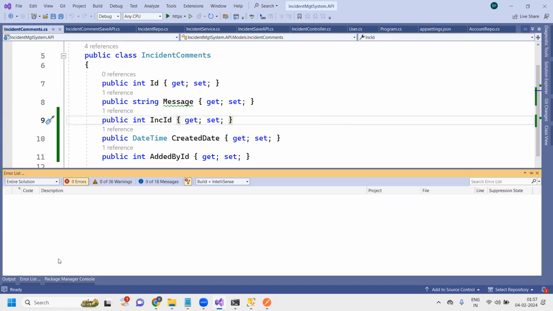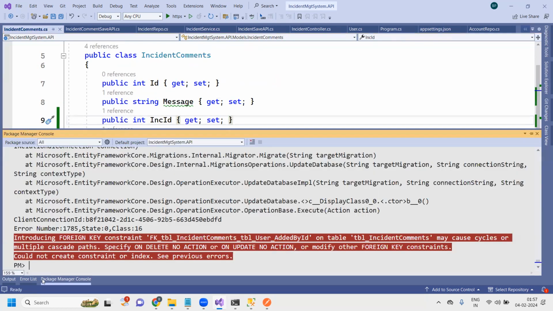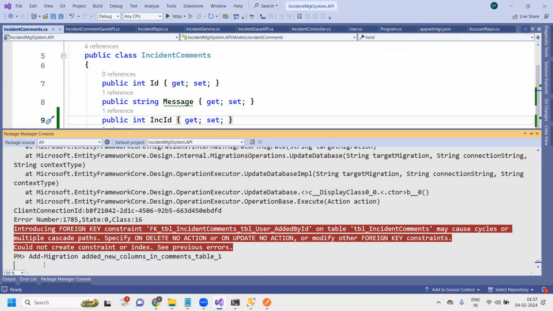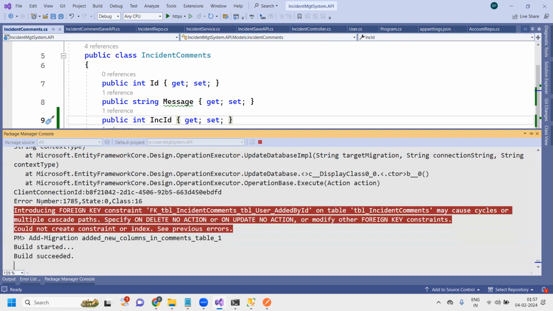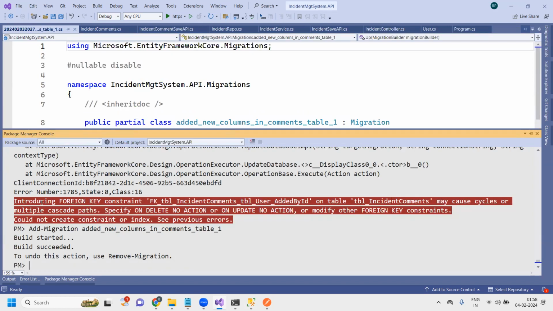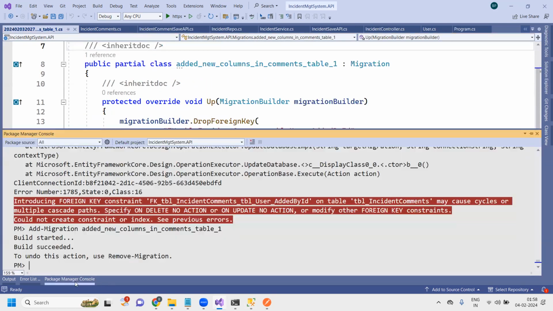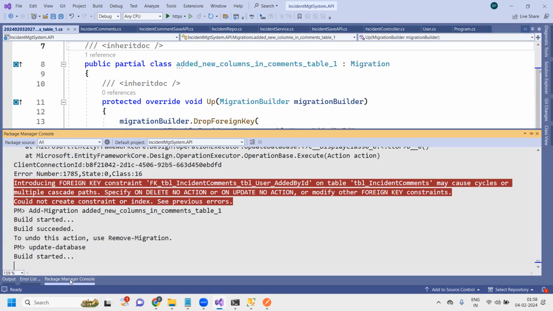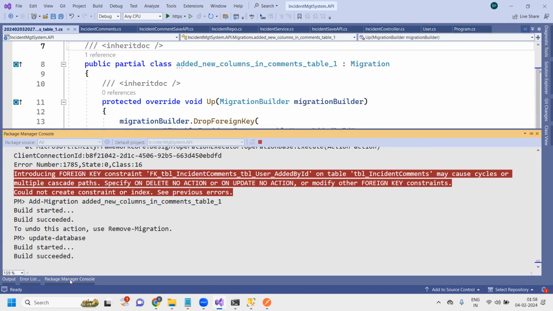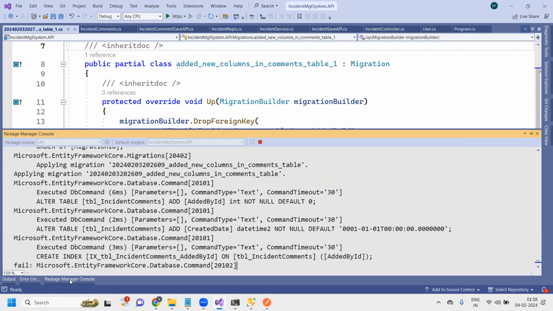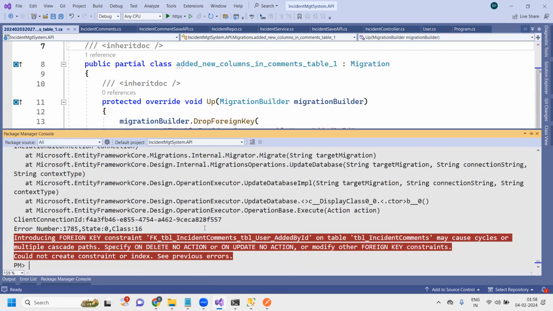So let's do one thing. Let's update the database. Sorry, let's create one more migration. Table 1. Okay, so this will not add that additional column, and now it will work. Update database. Again error. Incident master added by ID, table comments may cause